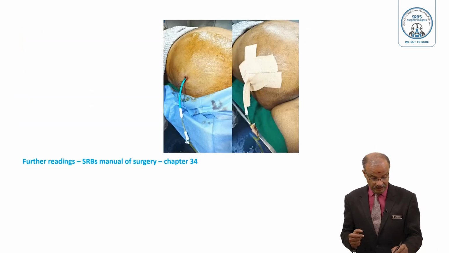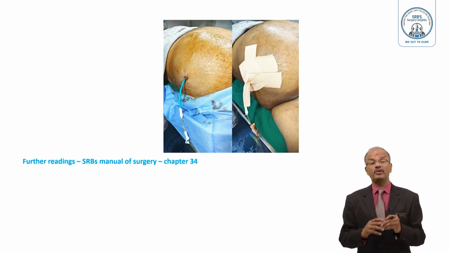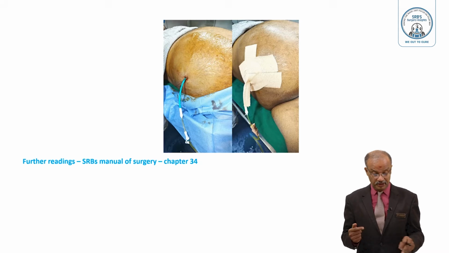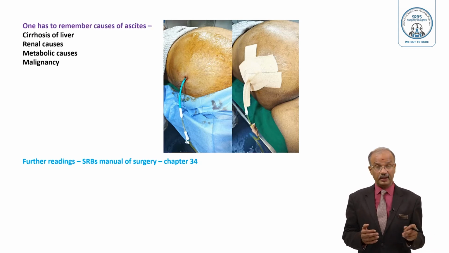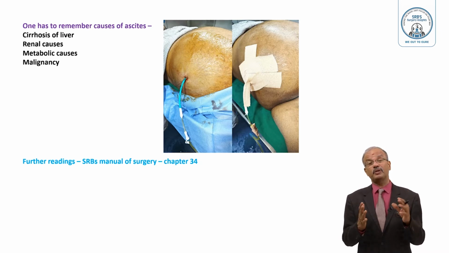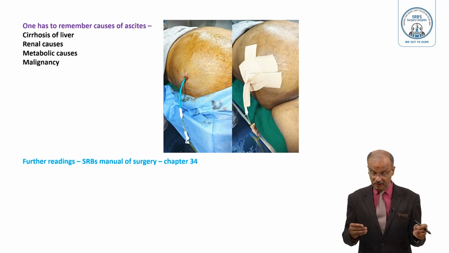And this is how exactly the tube is placed. Sutures are placed with the shoelace technique. Then dynaplast is placed so that it won't come out, even though there is a flower. Make it self-retaining. So read my Manual of Surgery, chapter 14, for that. And one has to remember the causes of ascites: cirrhosis, renal causes, metabolic causes, malignancy. Even though portal hypertension is the commonest cause, nutritional, renal, metabolic, malignancy, all other causes you also have to remember